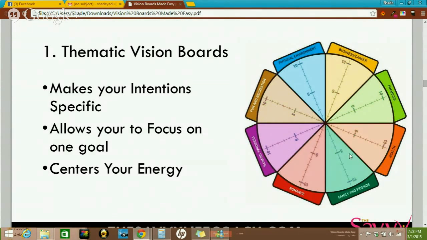There are some that have 7. There are some that usually have between 7 and 8 categories. Sometimes they'll put family and romance together, or family and friends and romance as one category as family. This is a great tool that you can use. You can easily Google it. It's a great coaching tool that I use often to rate where your current life is in these 7 to 8 categories. And based on that, you can create a thematic vision board.